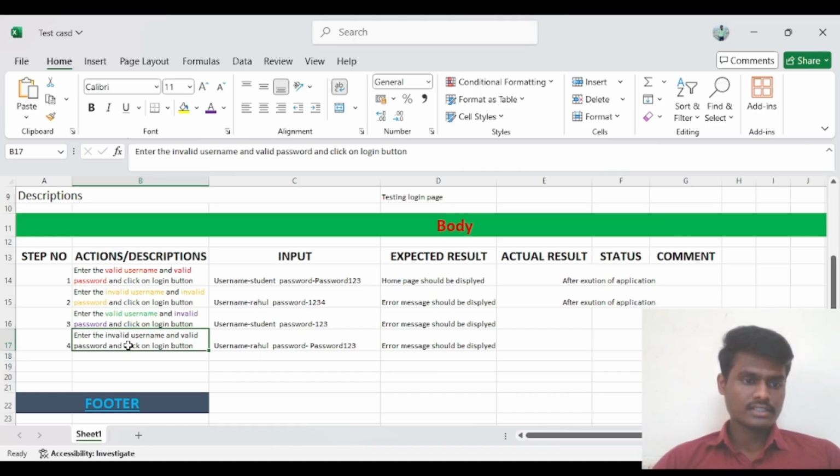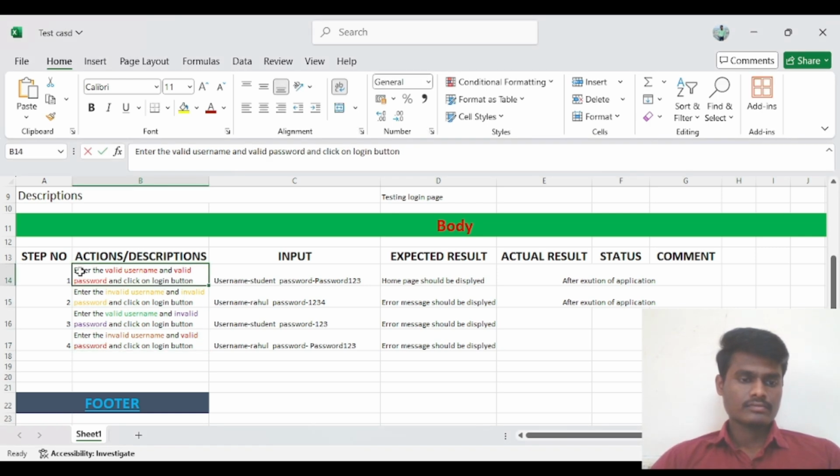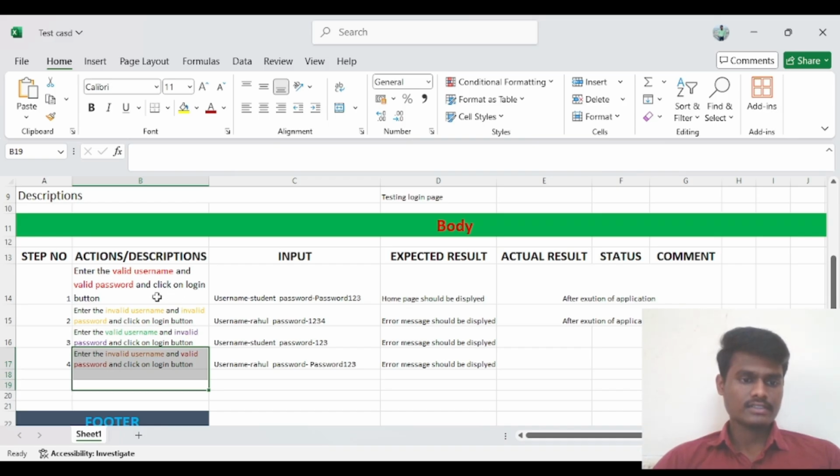And our fourth step is invalid username and valid password. I hope you guys are able to see here.